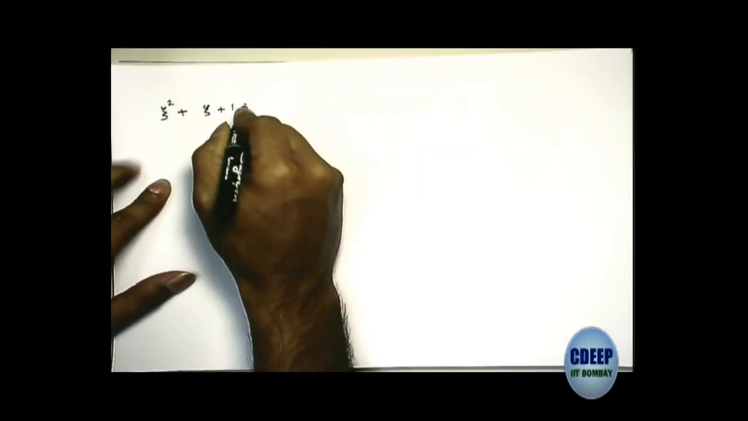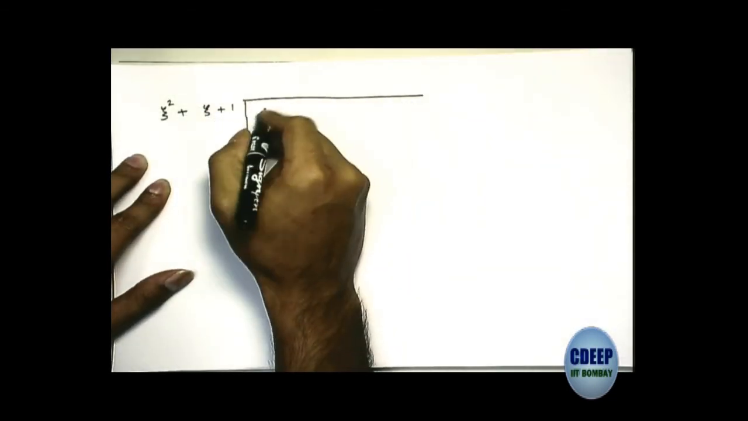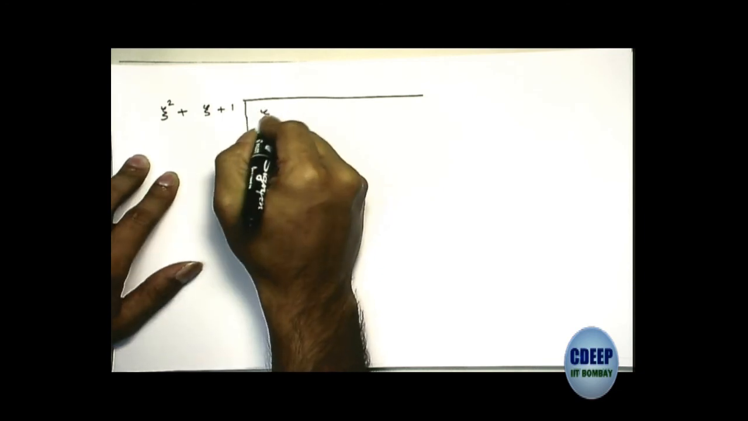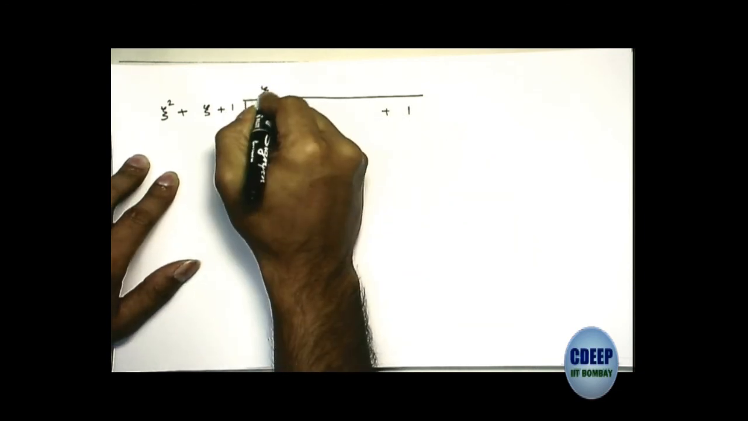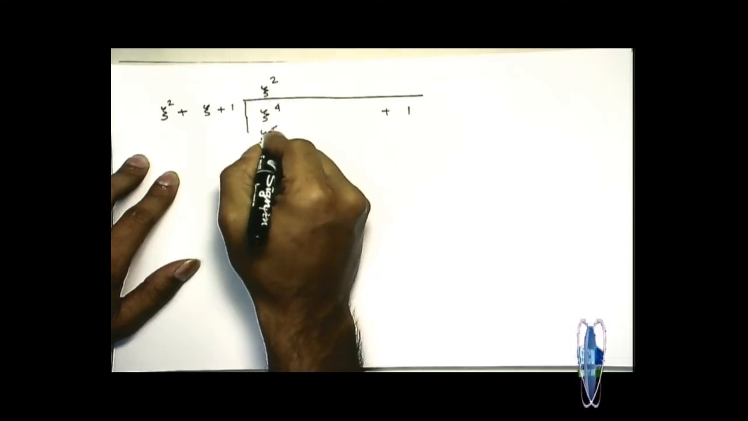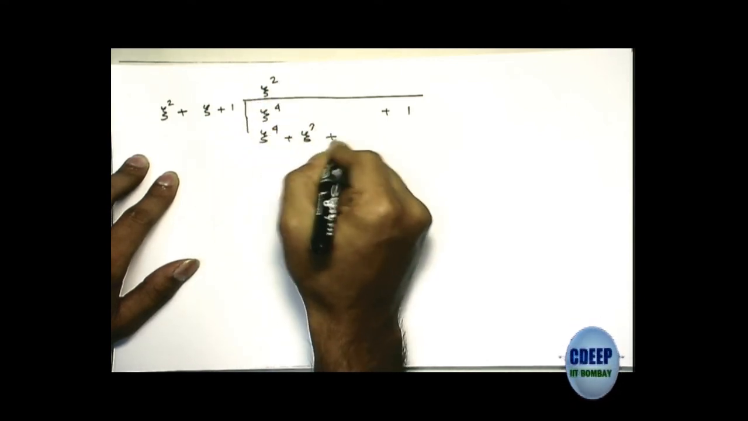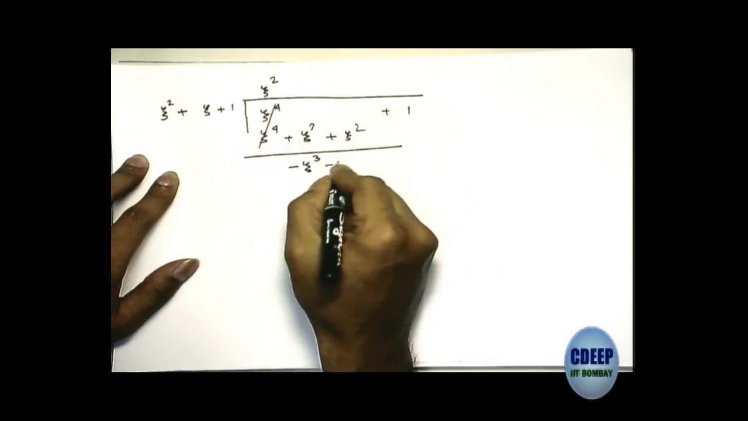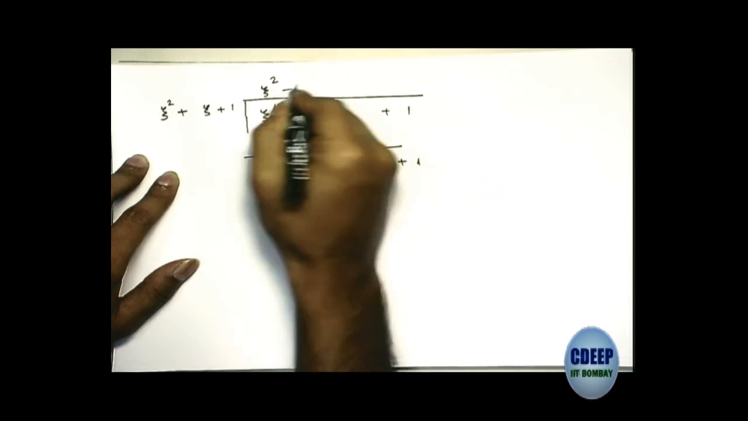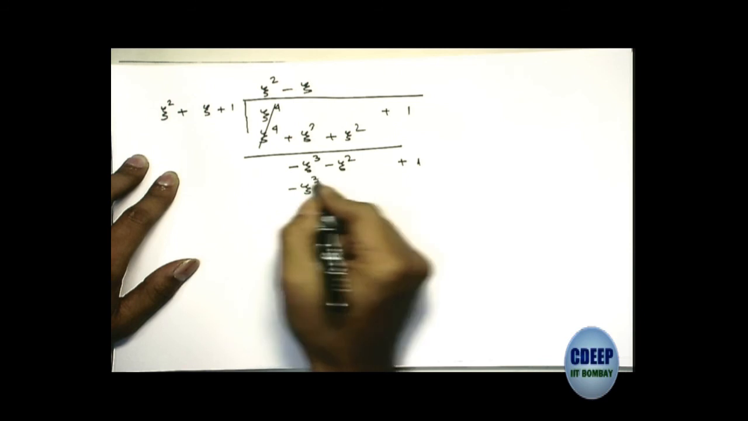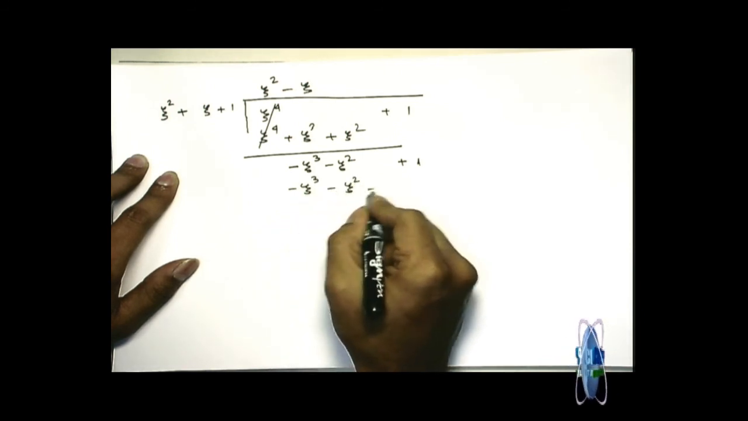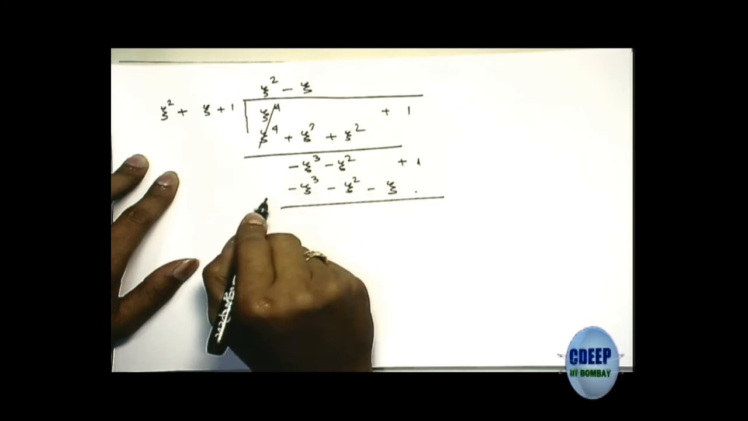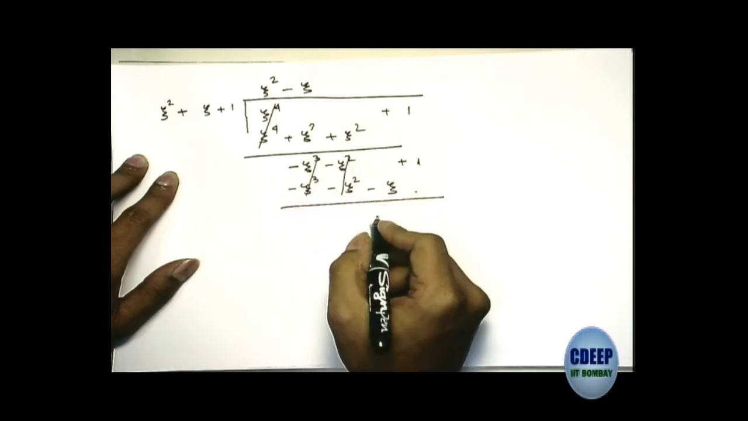We have xi squared plus xi plus 1. We have to divide this by this the following, xi to the power 4 plus 1. We multiply by xi squared first, that gives us xi to the power 4 plus xi cube plus xi squared. This cancels out, we have minus xi cube minus xi squared plus 1. We multiply by minus xi once, we have minus xi cube minus xi squared minus xi. This cancels out, this also cancels out, we have xi plus 1. Indeed,